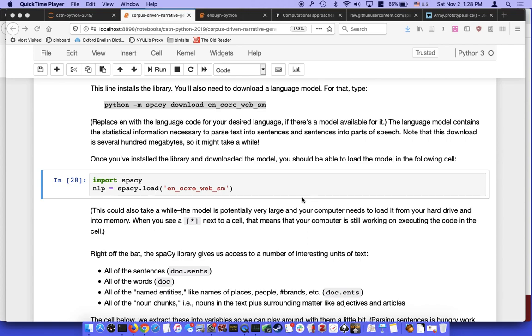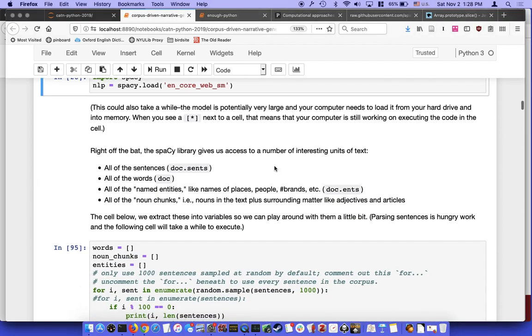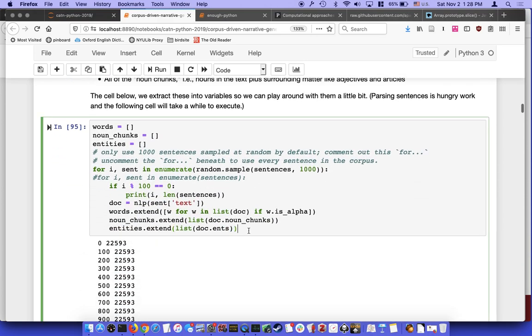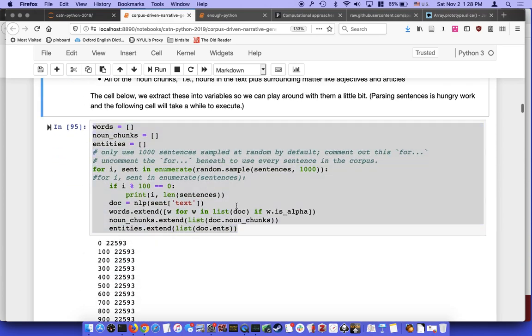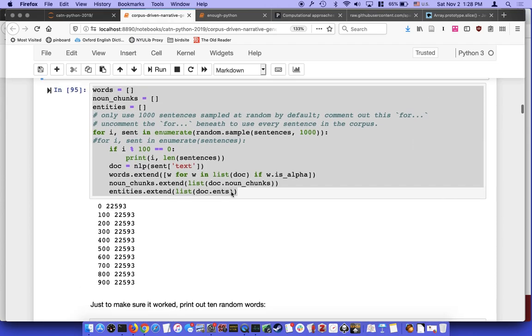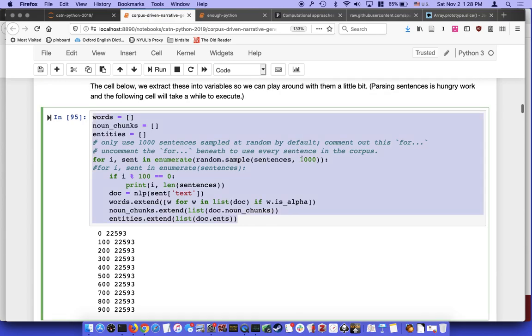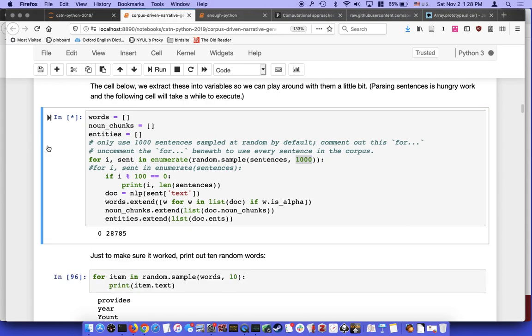The idea behind this is a way to pull a text apart, retaining some of its semantics, so that you can put it back together later in a generative fashion in order to create a computer-generated narrative artifact. So this cell right here is going to do a couple of things. Basically, it's going to go through every single sentence in the corpus. It's actually going to go through 1,000 sentences randomly sampled just to keep it fast, and parse that sentence